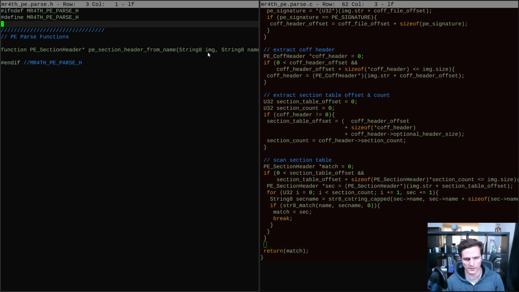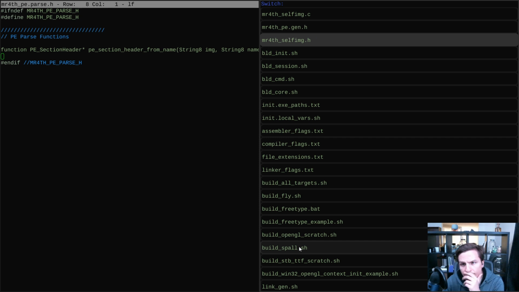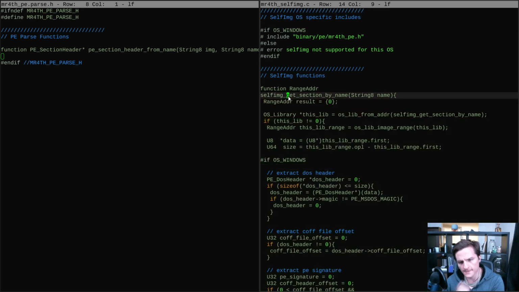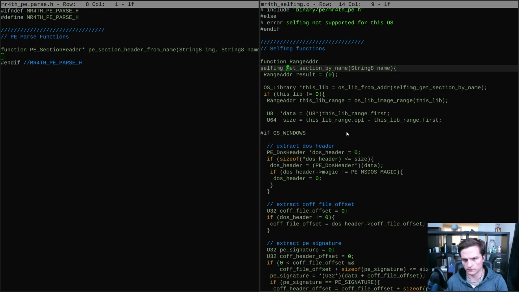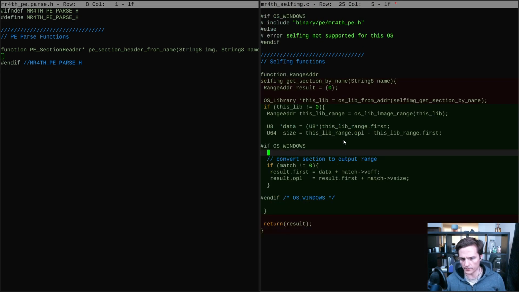And that's just a pointer into this data block that you originally gave with a section matching that one. Very direct. And self-image is now just bundling